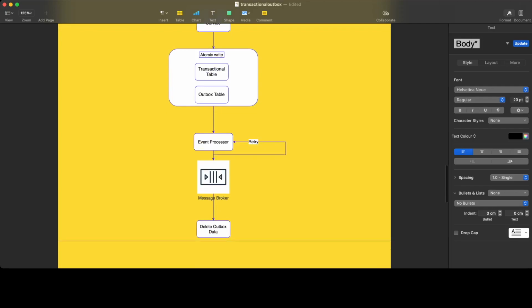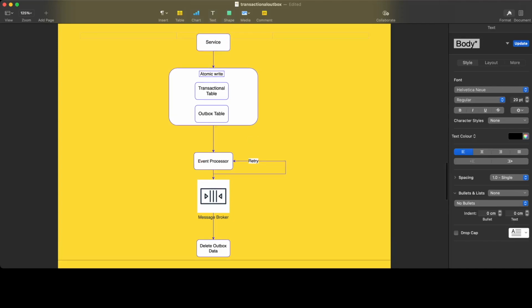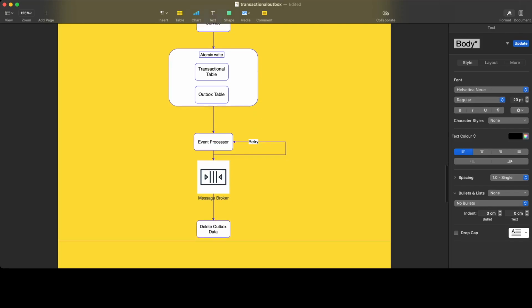There will be an event processor which will be deployed within the same container where the service runs. This event processor fetches the data from the outbox table and tries to notify the message broker. In this case, it can be Kafka or whatever it is. In case of any network partition or transient failures, the event processor will retry based on the configured settings, and keep trying to notify until the system comes back. Once the downstream systems are successfully notified, the data gets deleted from the outbox table. This is the approach that we are going to follow.